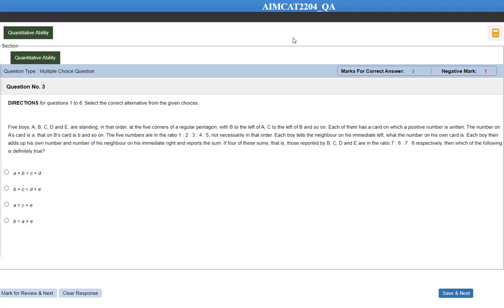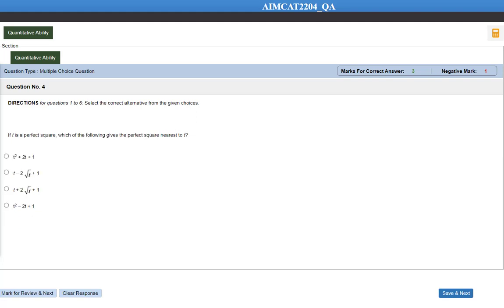We're done with 5 minutes. Now question number 3. It looks very lengthy, so it doesn't make any sense to read this question. Let's move ahead. Question number 4: if t is a perfect square, which of the